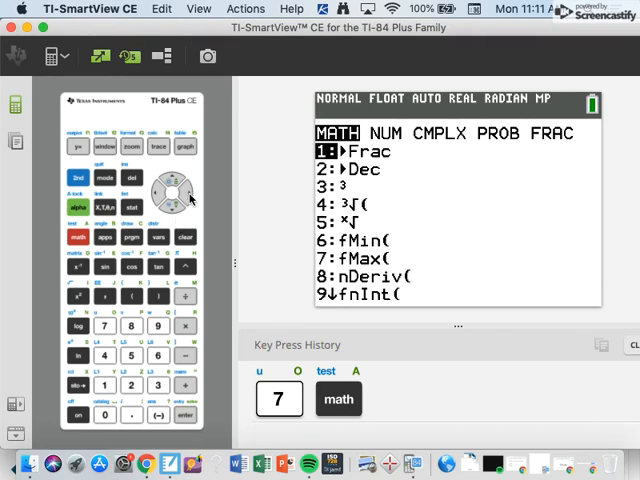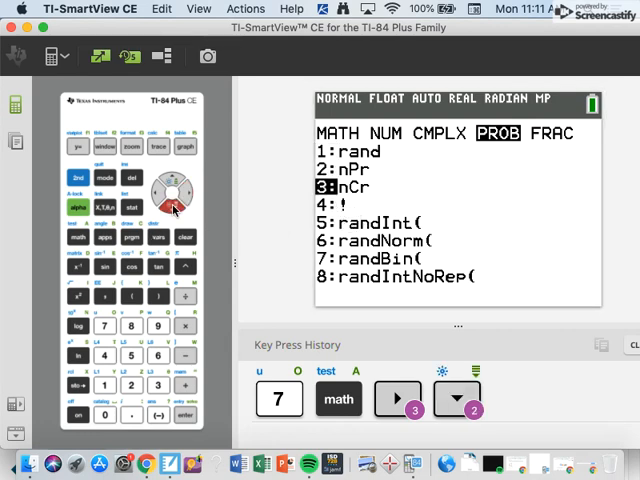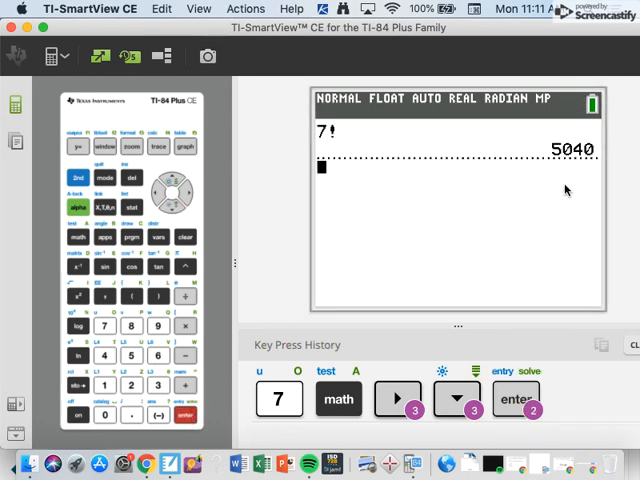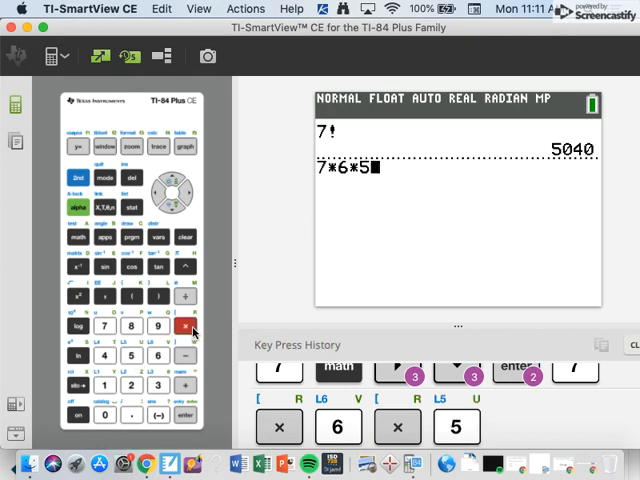You arrow over, whether you go to the left or the right. And you're going to get to this one that says either PRB or prob. That's going to stand for probability. And then if we look here at number 4, number 4 is that factorial symbol. We can just hit enter right when we get there, or you could also have hit 4. Hit enter on here, and we'll hit enter one more time, and it gives us our answer. Instead of having to type out 7 times 6 times 5 times 4